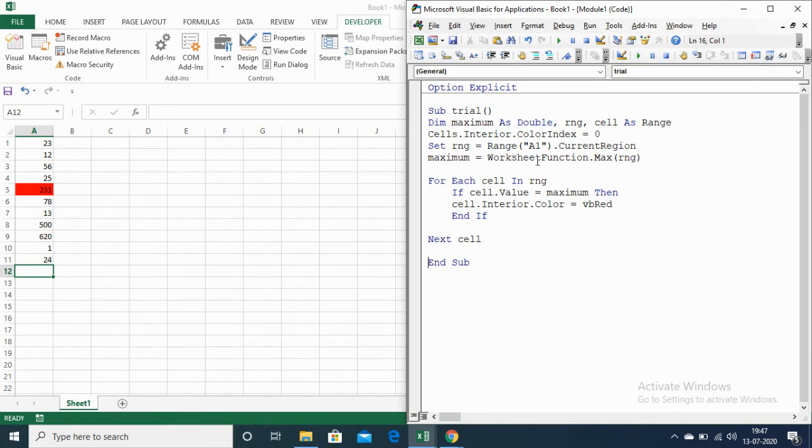I am not making any changes in the code. It will dynamically select the range. So let me run this code. So it is checking each cell. Here the maximum is 620. So in this range, maximum is 620. Let me press F5. So it is coloring the 620 number.